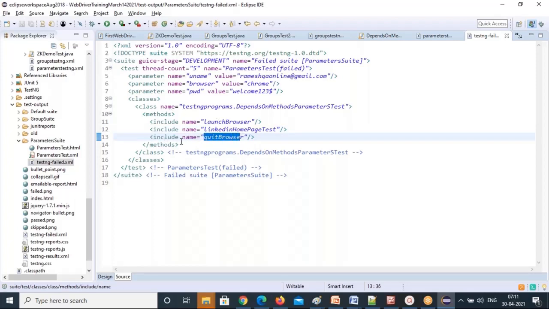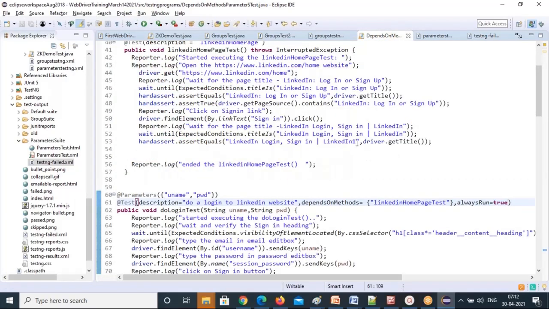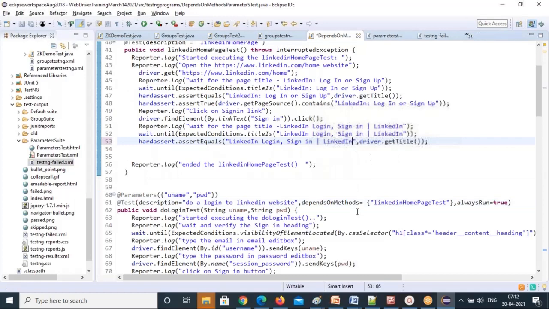So these are the methods I want. Then close the methods tag, the class tag, the classes tag, the test tag, and the suite tag. Automatically you are getting that testng-failed.xml. Once you correct it, you can run the test case.